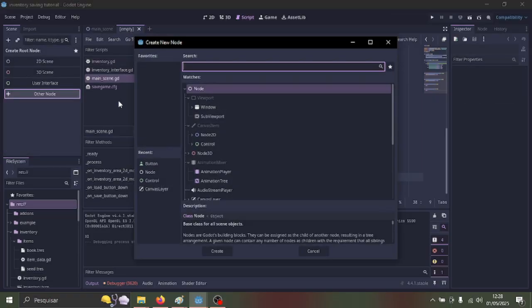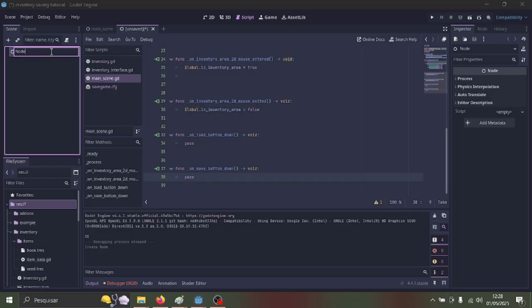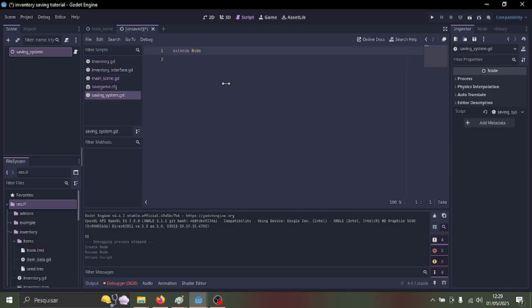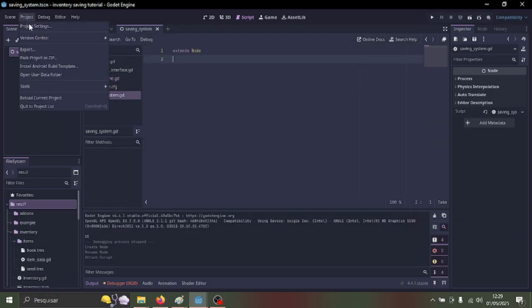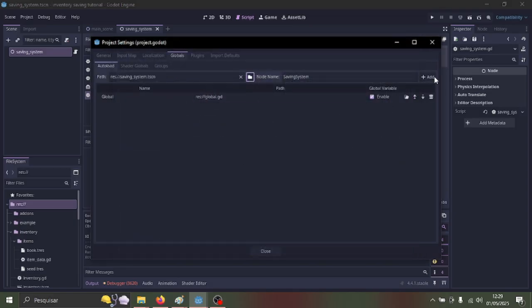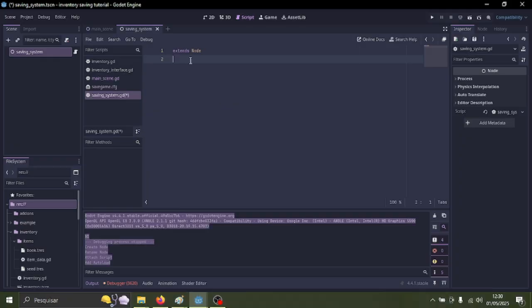We create a new node here, and we call this one saving system. Then we add a new script, press Ctrl S to save, go to project settings, global, select this, saving system, add. So now, continue. For the script, we need to set the config to a new config